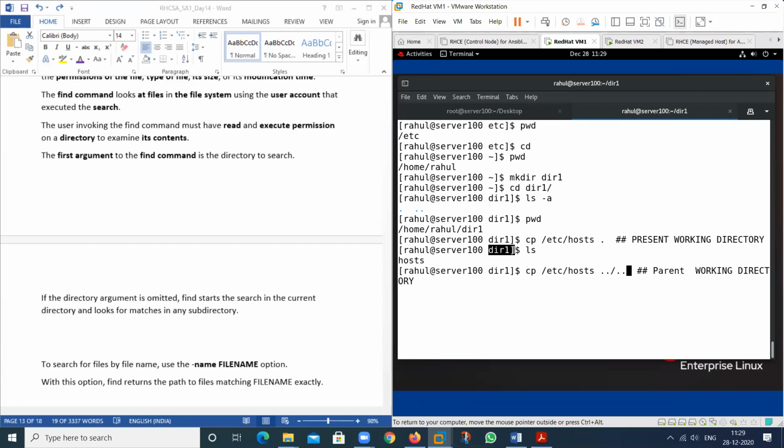It will exit from this one, then it will again exit from this one, and then this particular file will be copied in which particular location? This. So it is also used to exit. So this is the child directory, this is the parent directory, and this is also the parent directory. For home, this is the parent directory. So these are also called subdirectories.